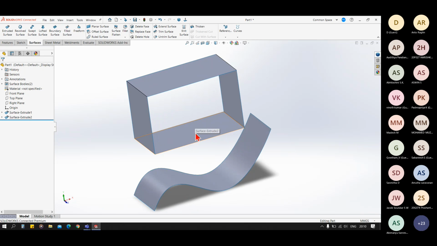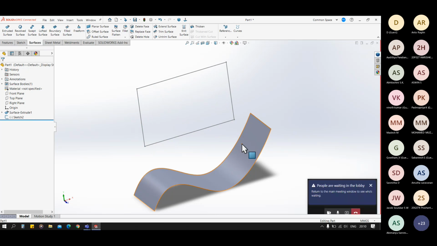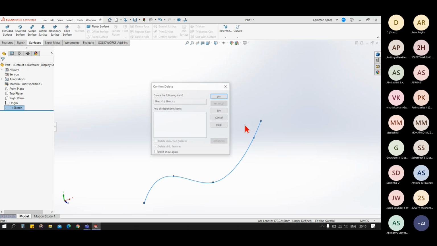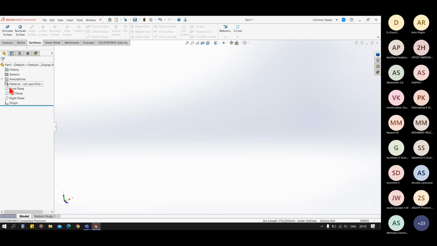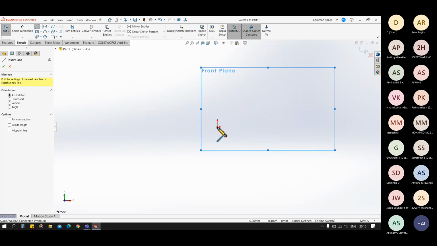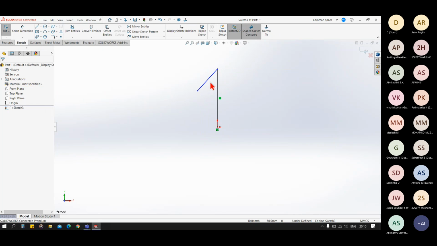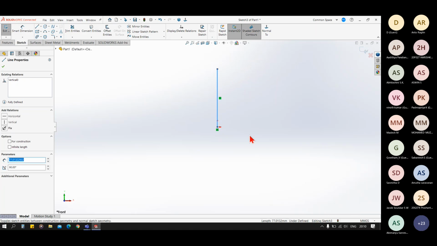Okay, so now let's go to the revolved surface. For revolved, I will require one reference line for my axis of rotation.